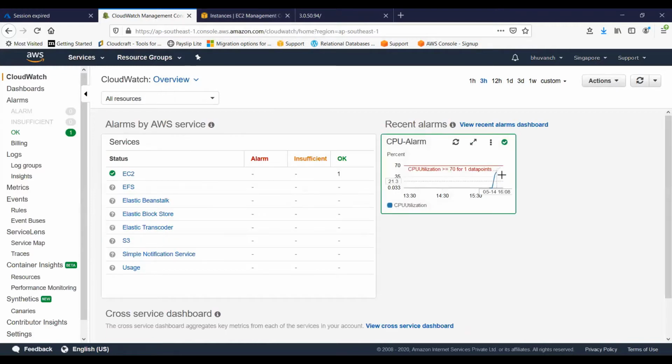So this is still not reached that level. You can see that it's still there at 65.2%. So we need to wait for some time. Let's log into the other machine which we created for this one, and we'll see what we're going to do with that.